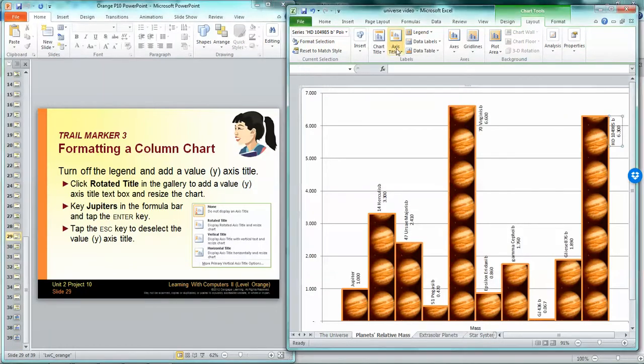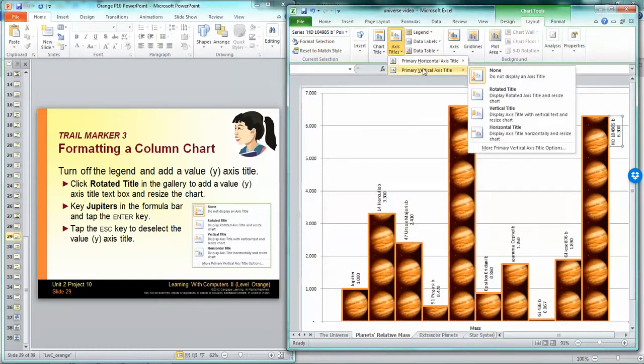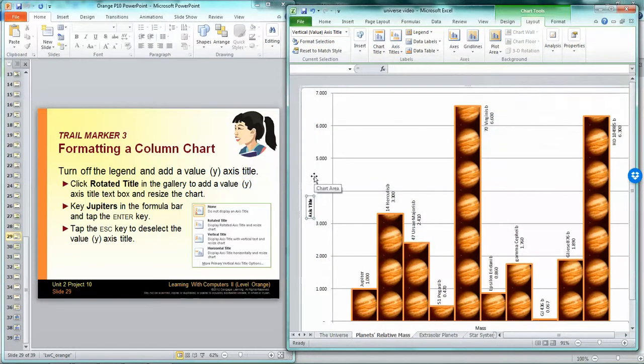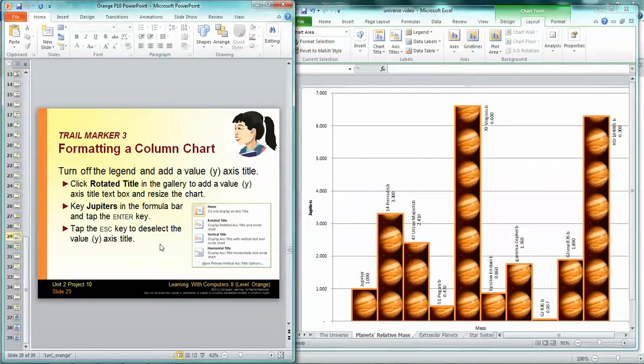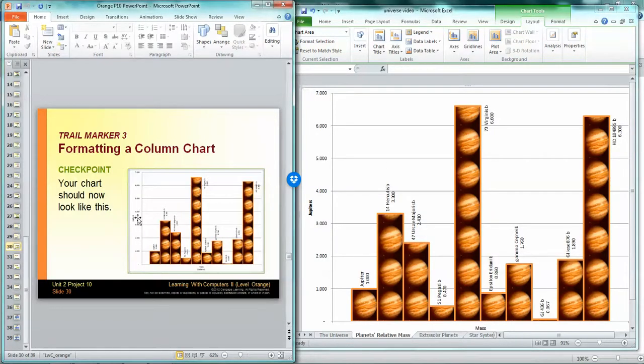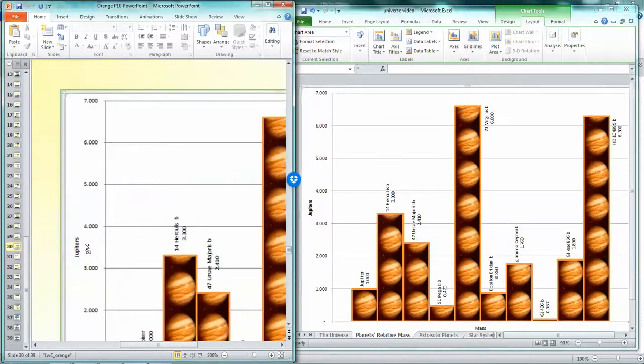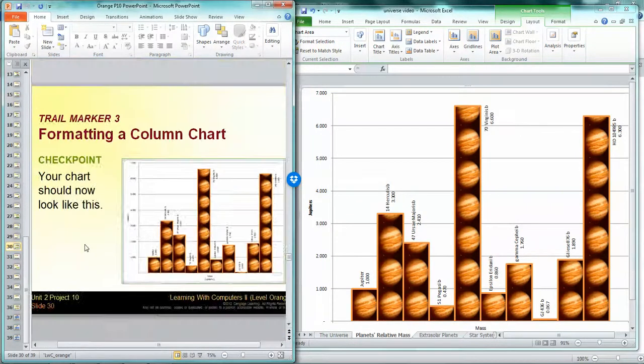Primary vertical axis, and I'm going to go to rotated title, excuse me. And I'm going to type in Jupiter's in the formula bar, hit enter. And I'm going to hit escape to deselect it. It's hard to see, but there it is. It says Jupiter's there. There we go. Jupiter's. And that's the end of trail marker